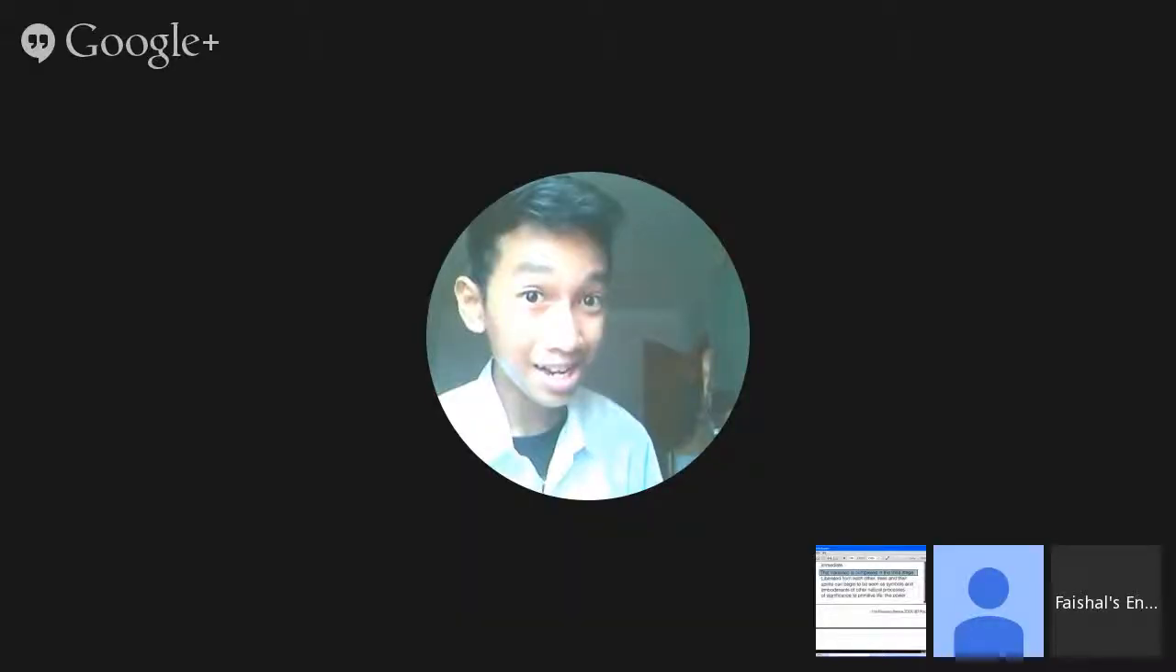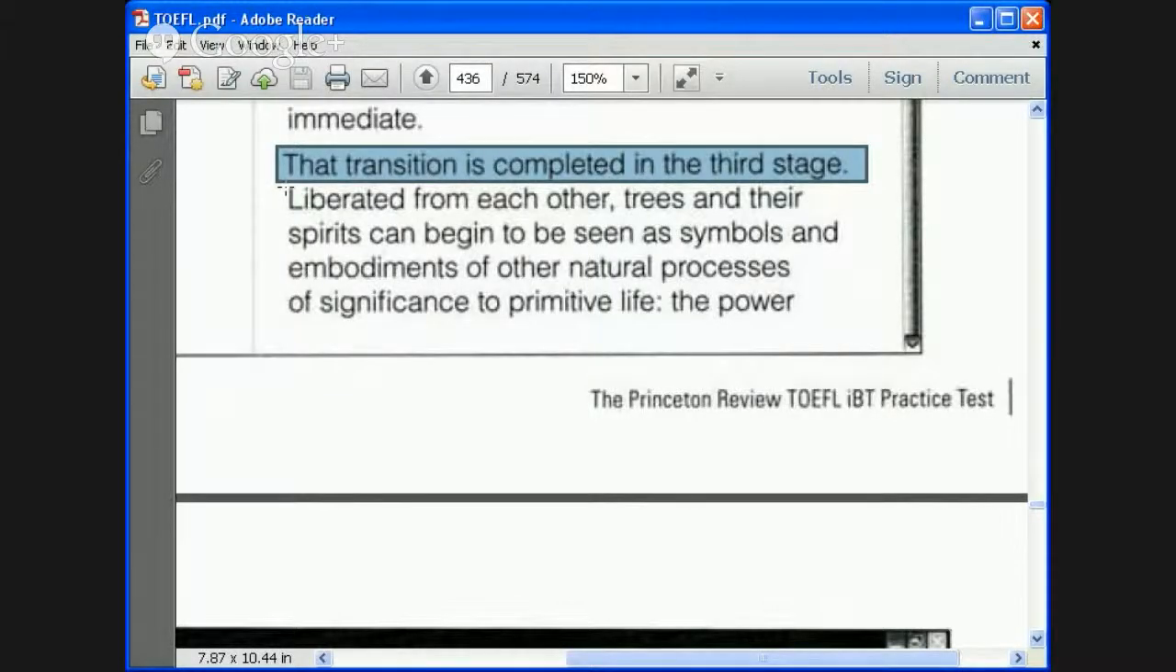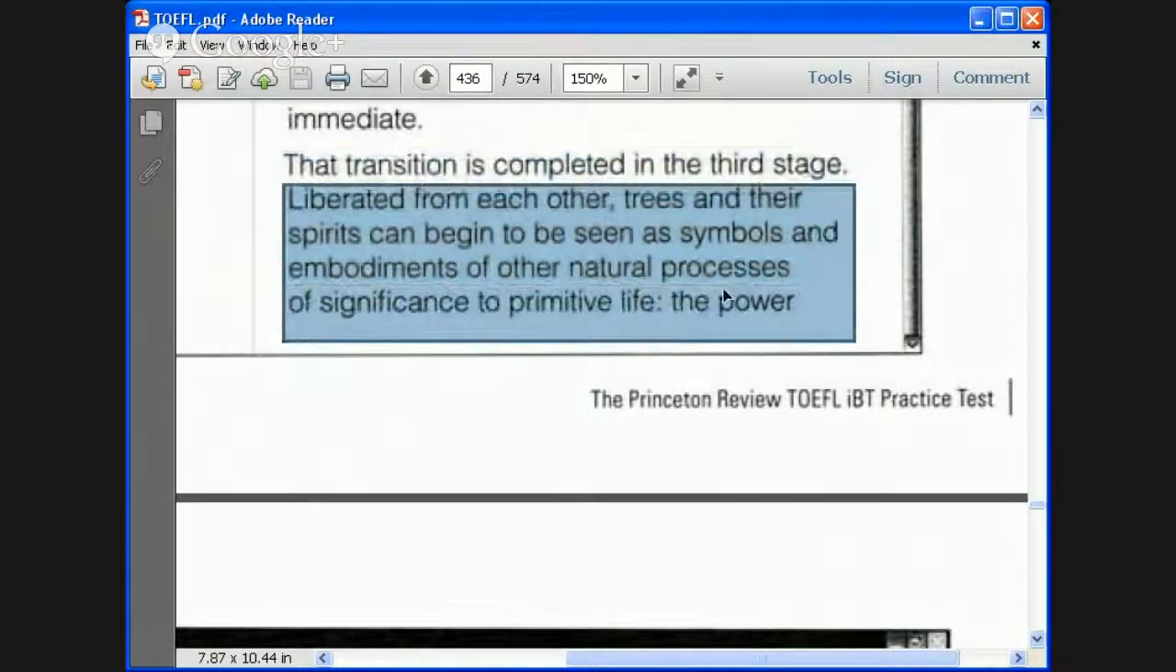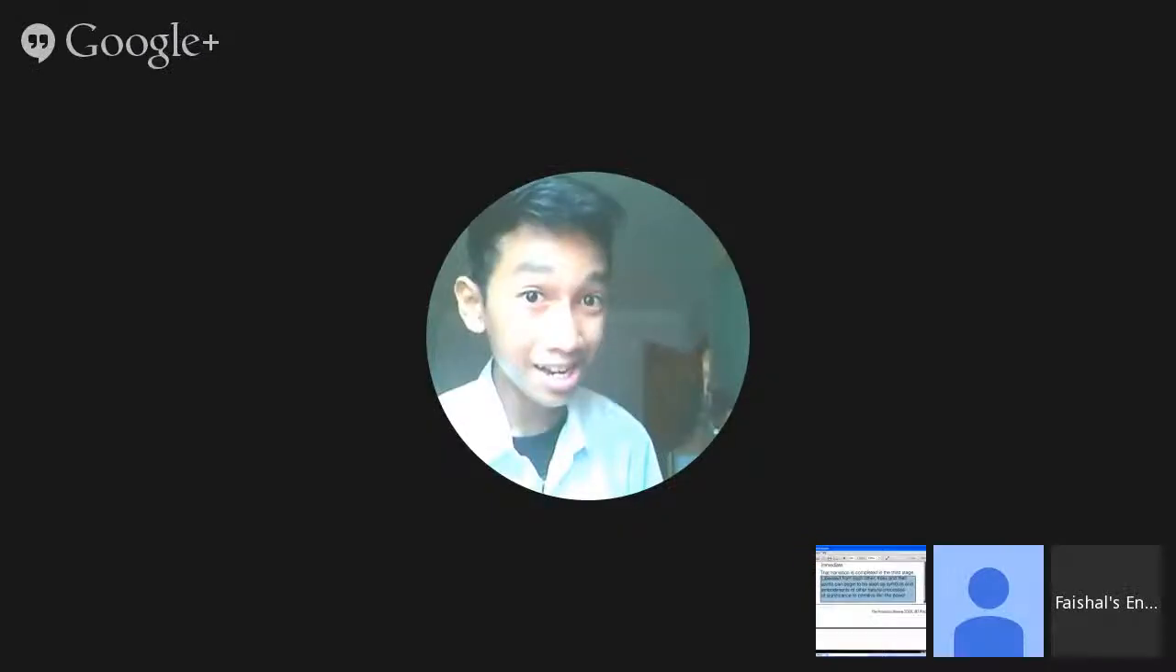That transition is completed in the third stage. All right, the third stage. Yes, I think we're right. Okay, read a little more. I want to know about this third stage. Liberated from each other, trees and their spirits can begin to be seen as symbols and embodiments of other natural processes and of significance to primitive life. So symbols embody natural processes: weather, which is good or bad harvest,